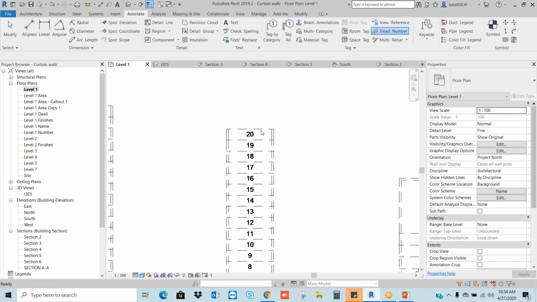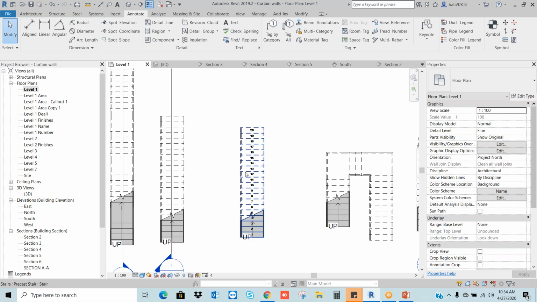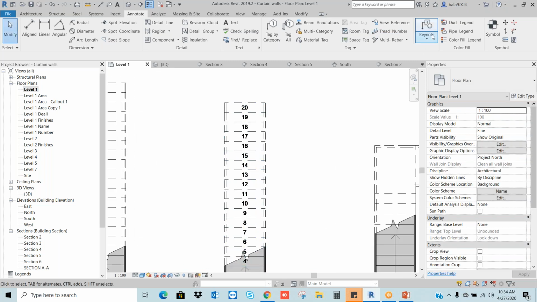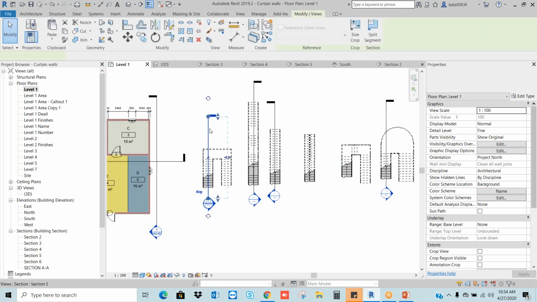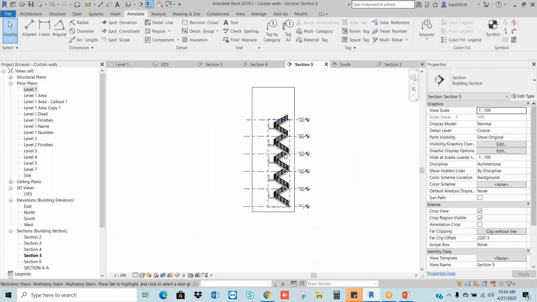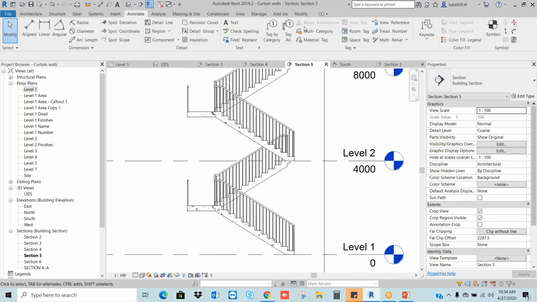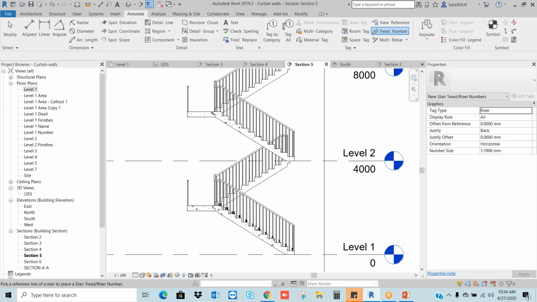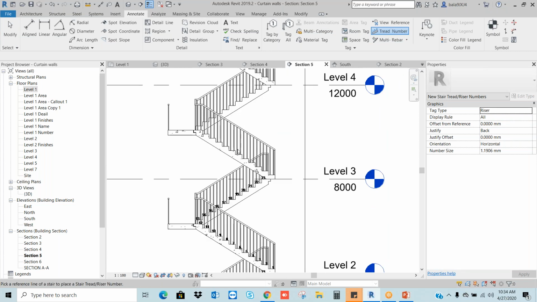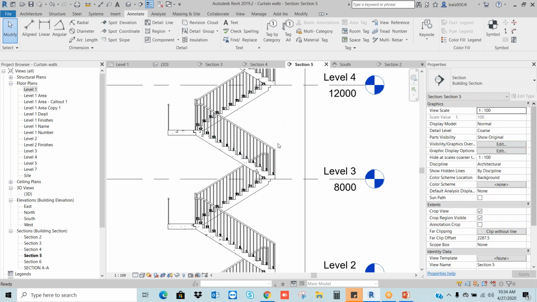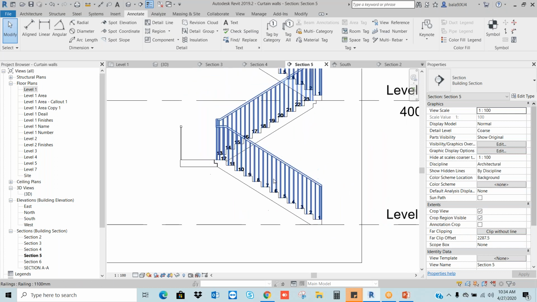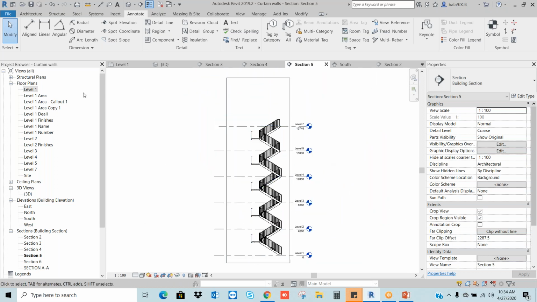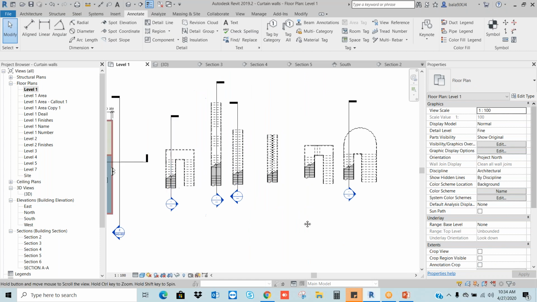To create the working drawings, it is so useful. So we can use only text, or you can use these thread numbers. Let's say, for example, now I am in the section. I want to give the numbers to this. Go to the thread numbers, select this, and directly we will get the riser numbers. Section also we can get. Anyhow, dimensions we need to do on a manual basis. Okay.